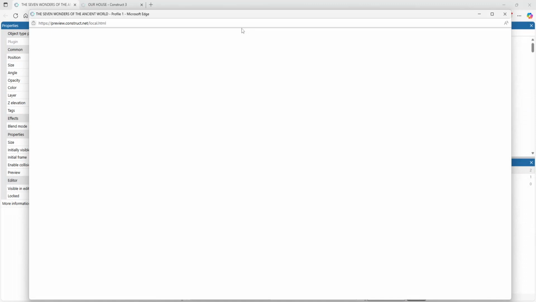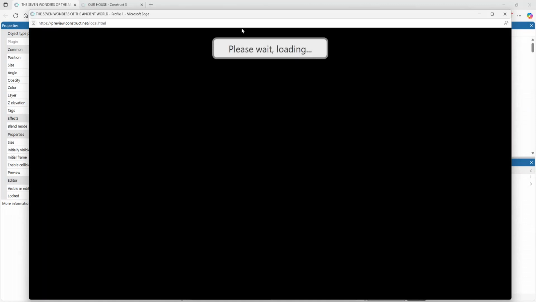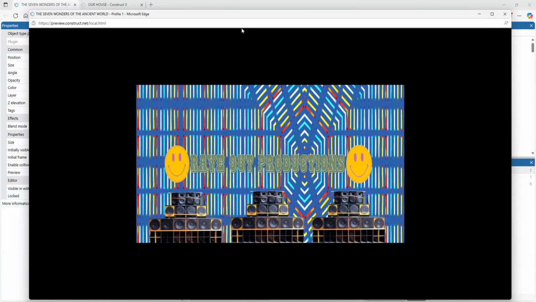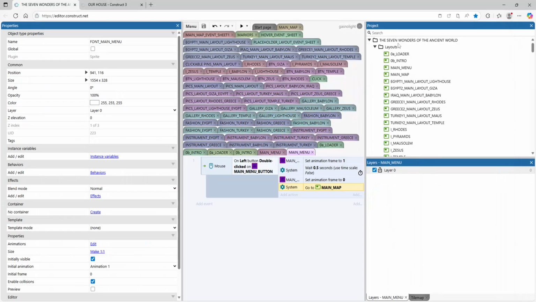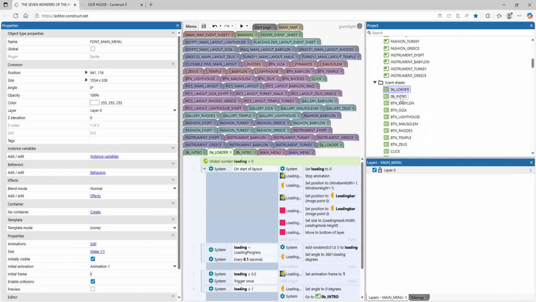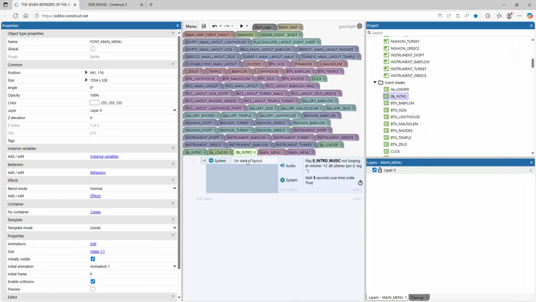And press play to preview it on the top. And as you can see, the loader loads and the intro bit starts. Oh, I haven't set the loader bit to load to the main menu yet, so I'll quickly do that. But go into the loader or the intro section